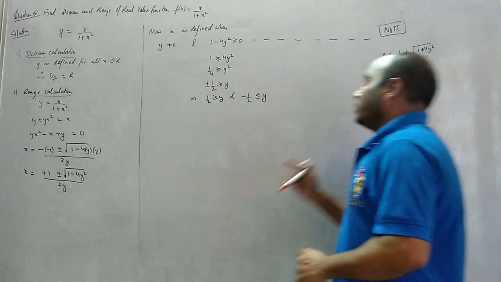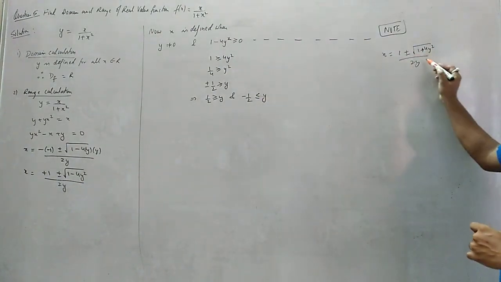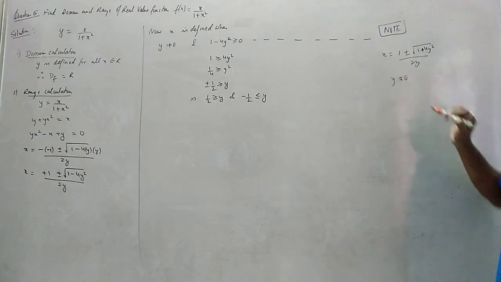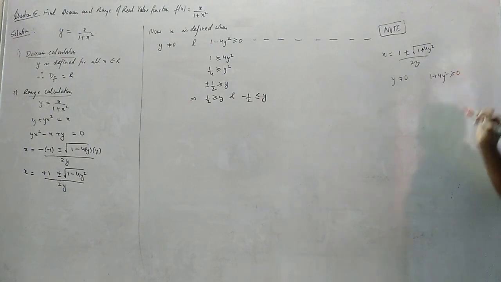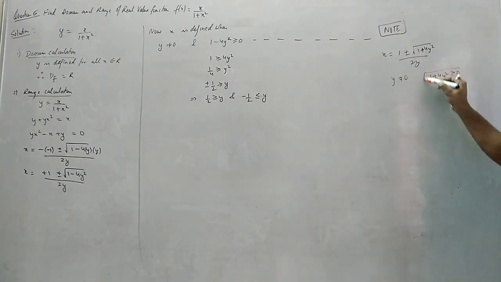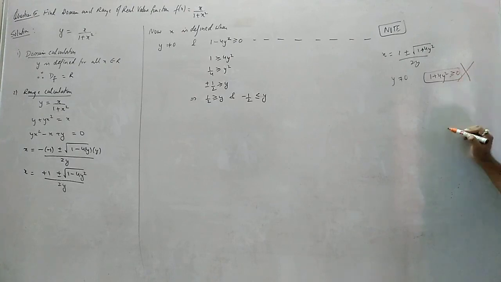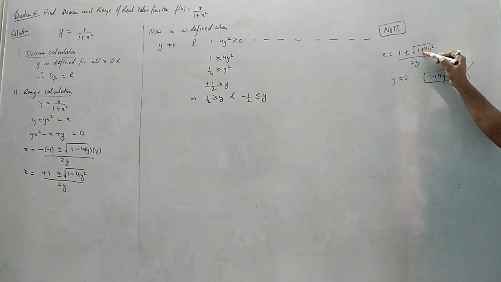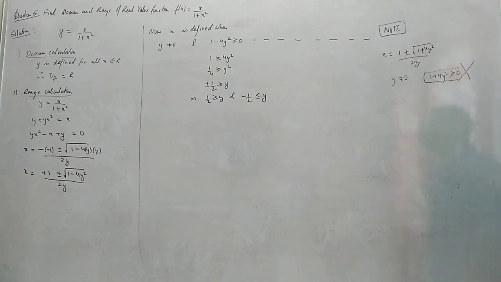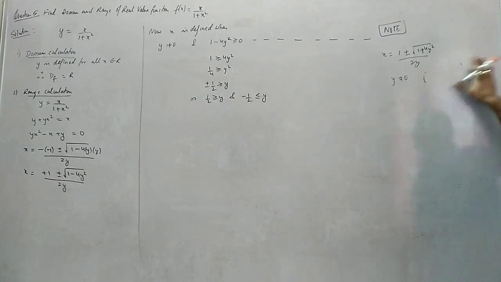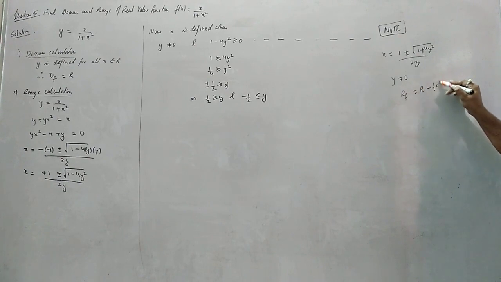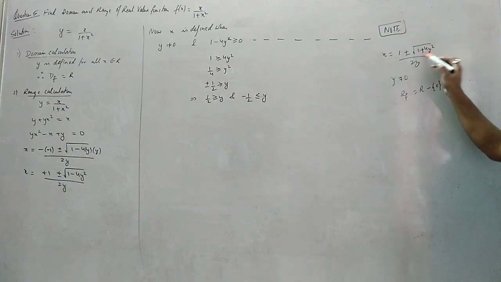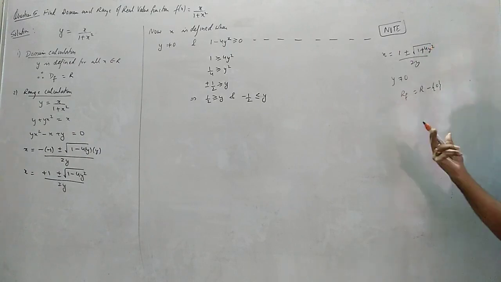Clear? Now, if we think in the same way here also, the denominator cannot be 0, and the inside root part should be greater than or equal to 0. But now writing this has no use, because see, y square plus, it can never be negative, because there is a square and also a plus. Clear? So in these cases you don't have to write this statement, only this is the case. So what is the range? Range is all real numbers minus 0. Done. Then you don't need to solve this part. Why not? Because this cannot be negative ever, so why solve?